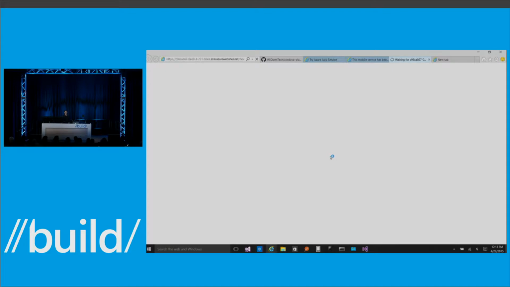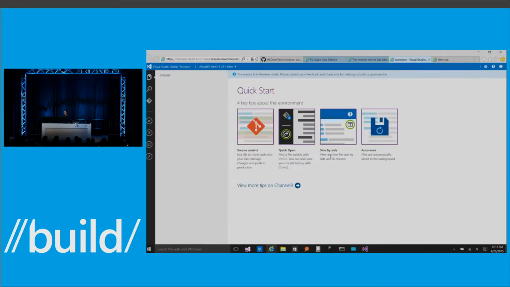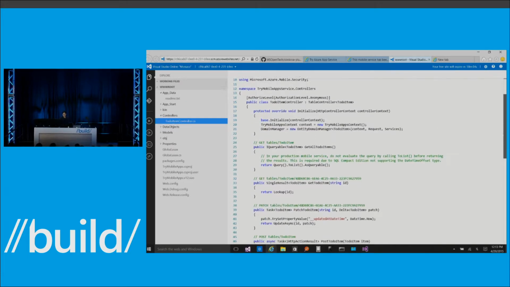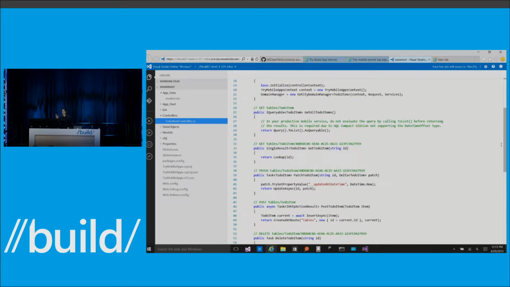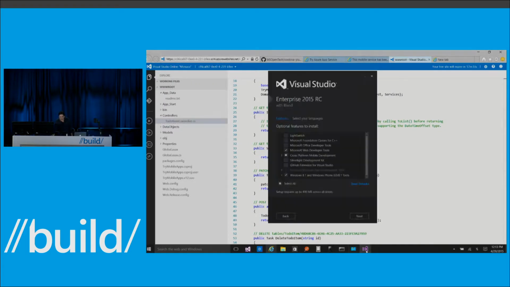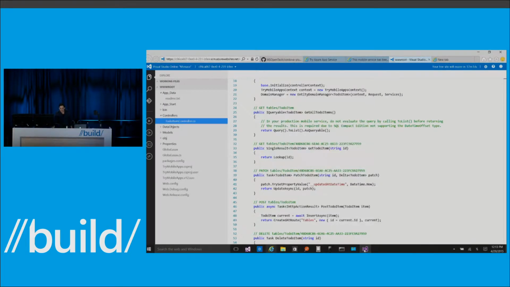I'm sure there are a lot of people hitting this service right now because we just made the announcement. So that might be why it's a little bit slow. But you can see I can go into the controllers, and I can look at something like the to-do item controller, and I can just start editing this code immediately and start working against the backend service. So, next thing I'm going to do is jump into the apps itself that I'm going to kind of bring you through.